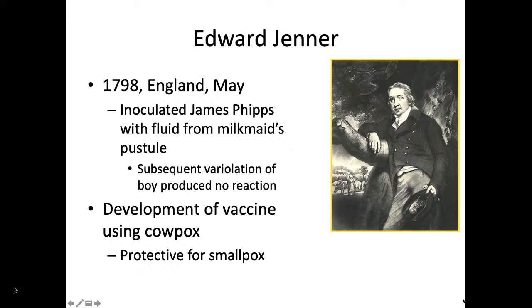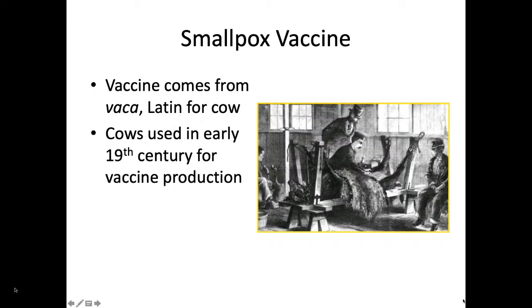He took some material from the skin of an infected cow and performed variolation on the skin of this boy, and then after 2 or 3 weeks, luckily, he infected this boy with smallpox, but this boy didn't develop the disease. And starting from then, production of vaccine was initiated, and the vaccine was